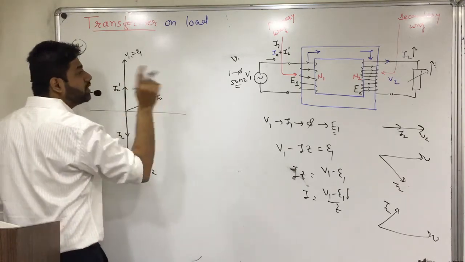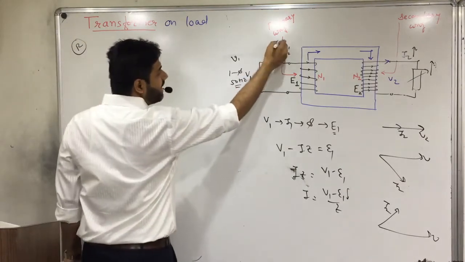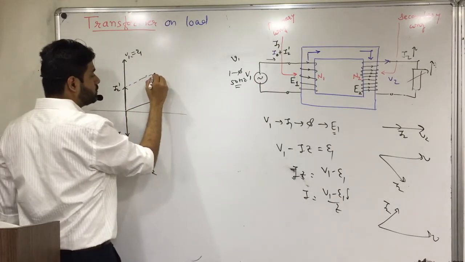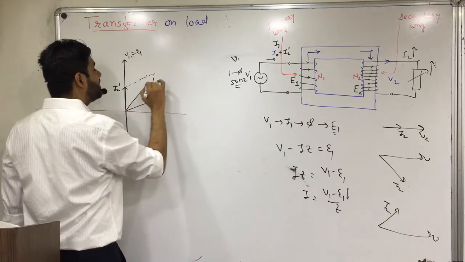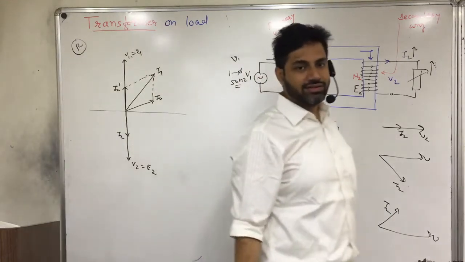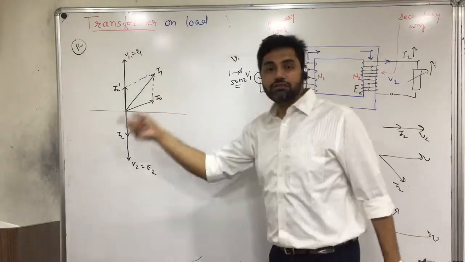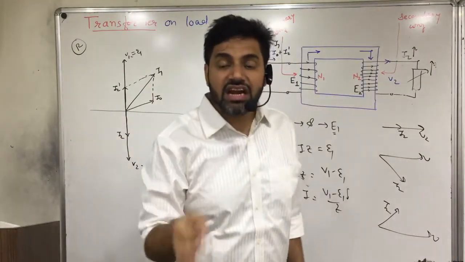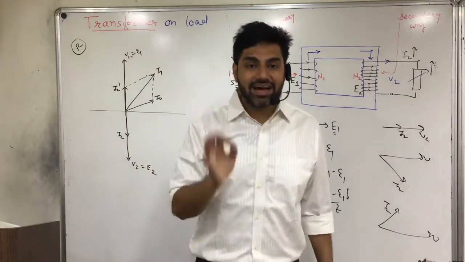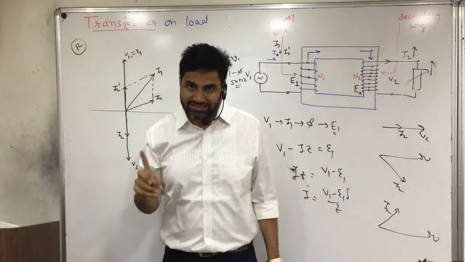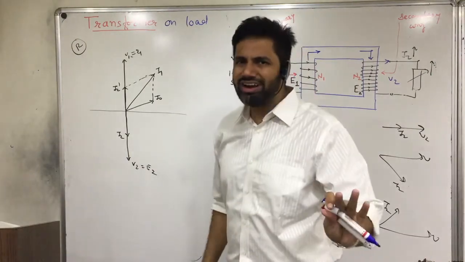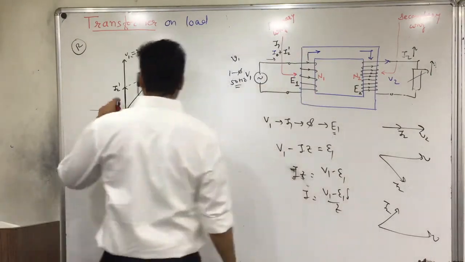Okay. So now the total current supplied is I1, which is the addition of these two currents. So we have our I1 current, which is like this. Is it clear? Any doubt in this? Fine. Okay. So what is I2 dash? It is the secondary current referred to primary. Is it clear? Fine. How to calculate it? We are going to learn it, so don't worry about it at all. Okay? Let's go. So we have this.